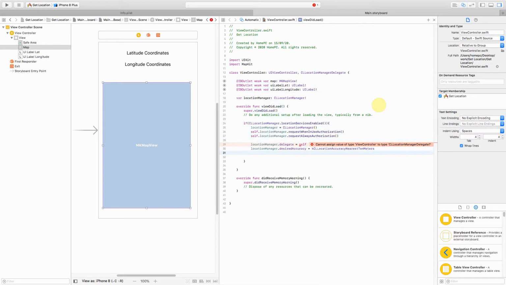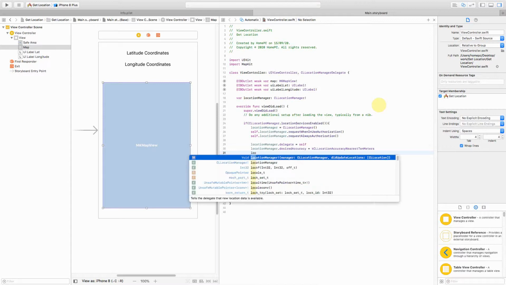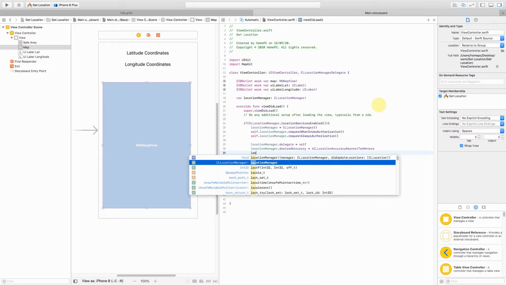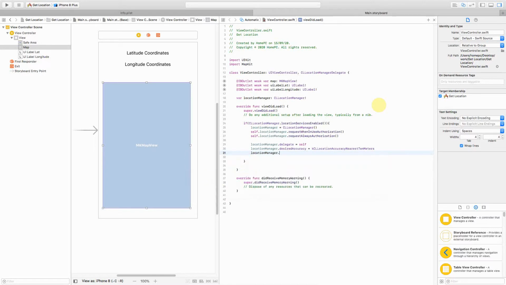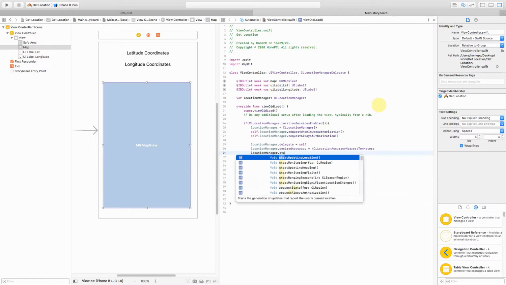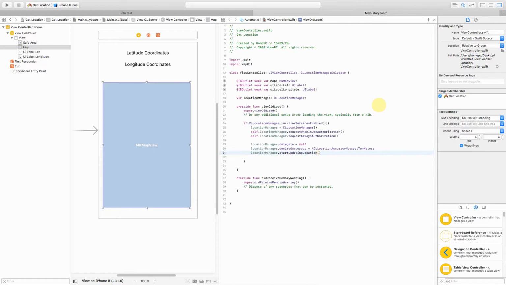We have defined the accuracy, and I think that's all. You can also use other parameters, but I will just jump to startUpdatingLocation. This is the method responsible for continuously updating the location whenever there is any change. Okay, so this is done.